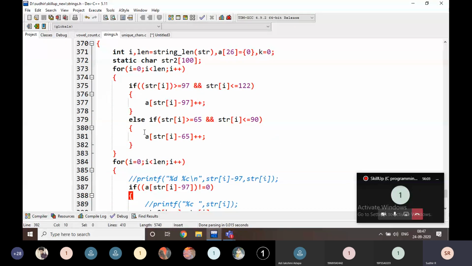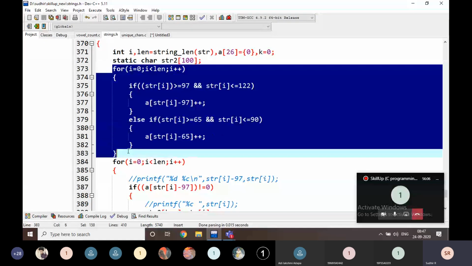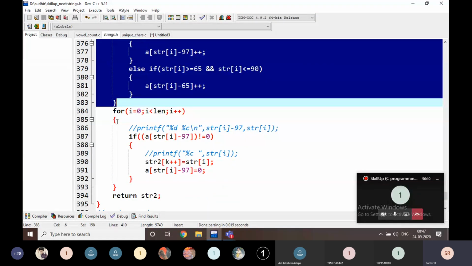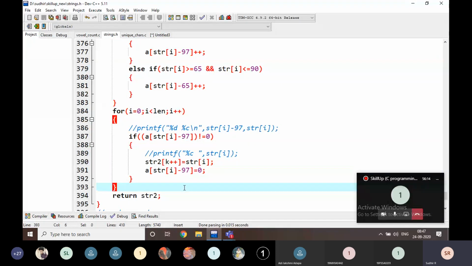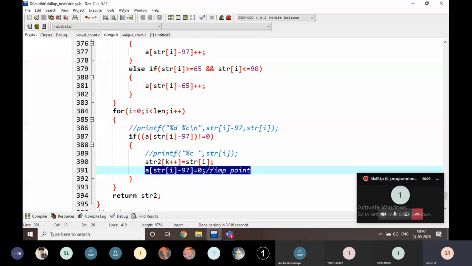Just note it down. The first one is very simple, right? We know this one from the last 3 days, right? And now what I am doing here is some algorithm. I am thinking that if any character is found here, what is the key value here? What is the key point? This is the important point, the important line in the program. The total program is based on this one. For example, if I miss this one, the output is somewhat different.